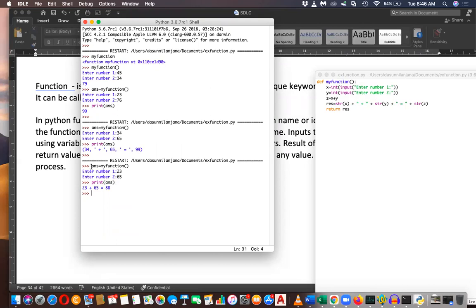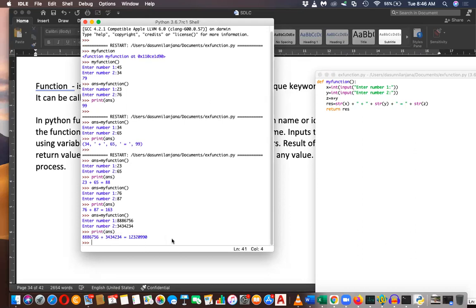So you can recall the function, right? If you want, you can recall the function without running this file. Even if you close this file, that doesn't matter. You can call the function. So the function is now created and stored. This is actually my function. What it does, basically, is addition. You can print the answer and you can get the number. You can call the function again and again. Actually, this function has no parameters and a return value.